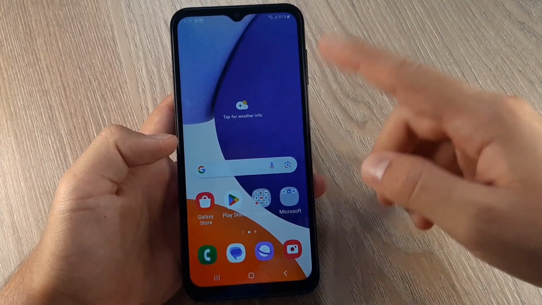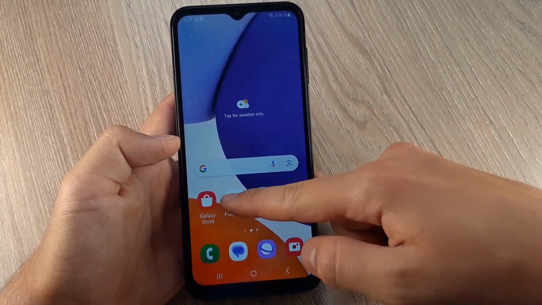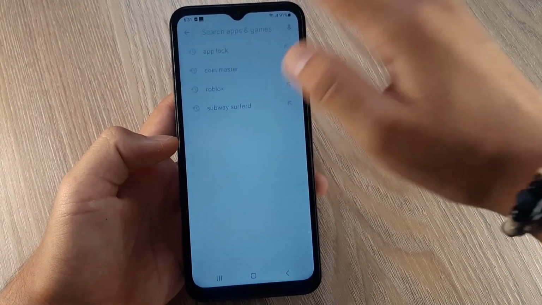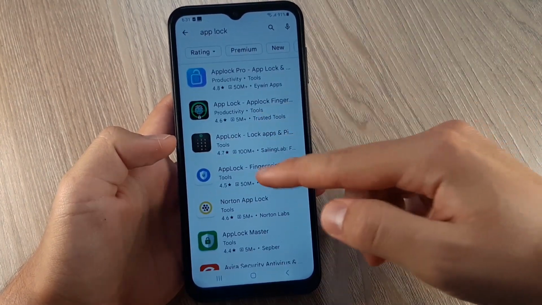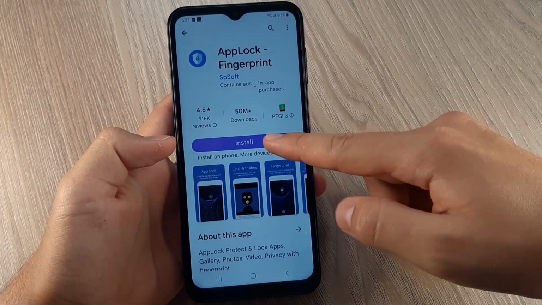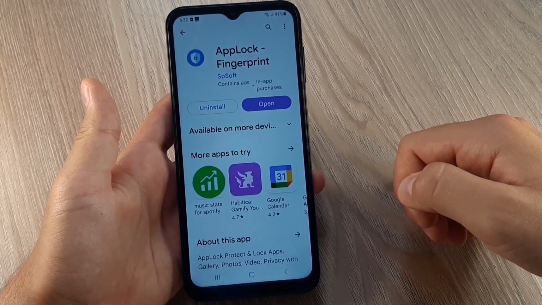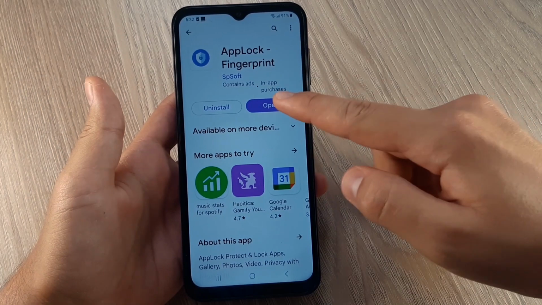Today I'm going to show you how to secure your apps using App Lock. First thing you need to do is go to Play Store, search for App Lock, then install this application. When it's done, click Open,